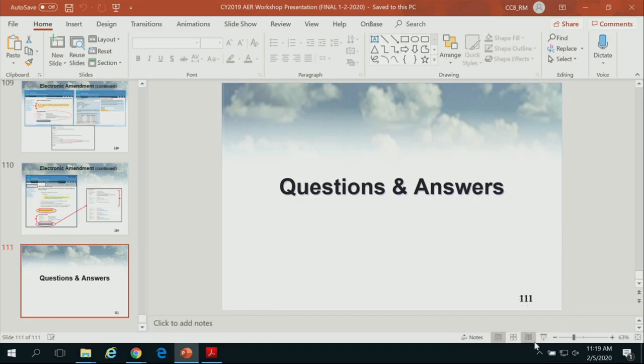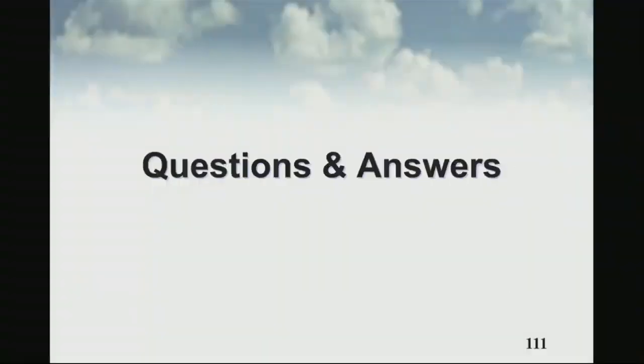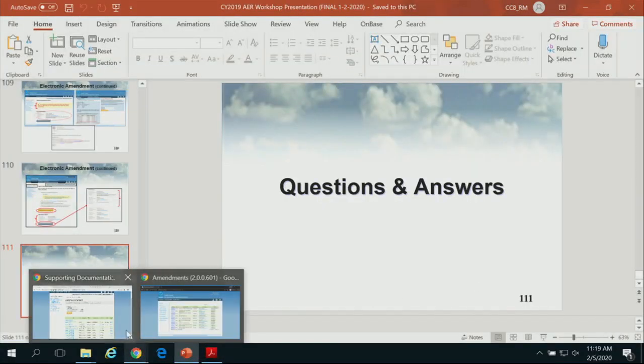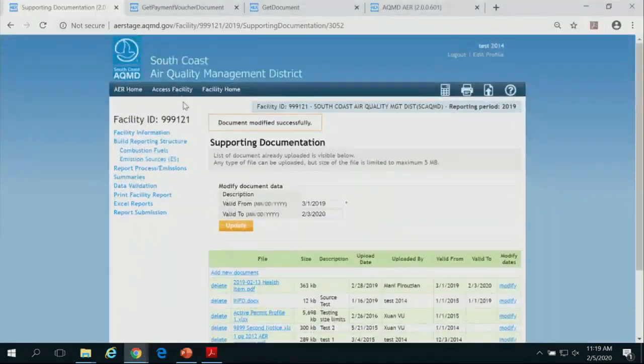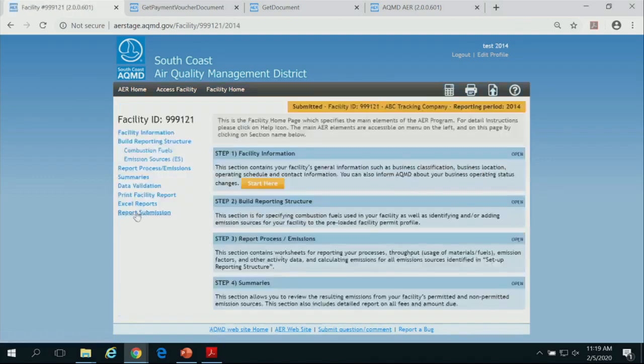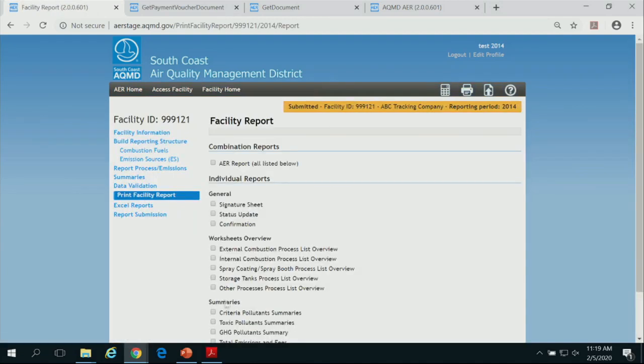Question: do we have the ability to go back in history using this tool to look at previous years? Yes, all your previous submittals are available. If you go to Access Facility, you can see all the submittals, and by clicking on Open, you can go to that report and see the reports.